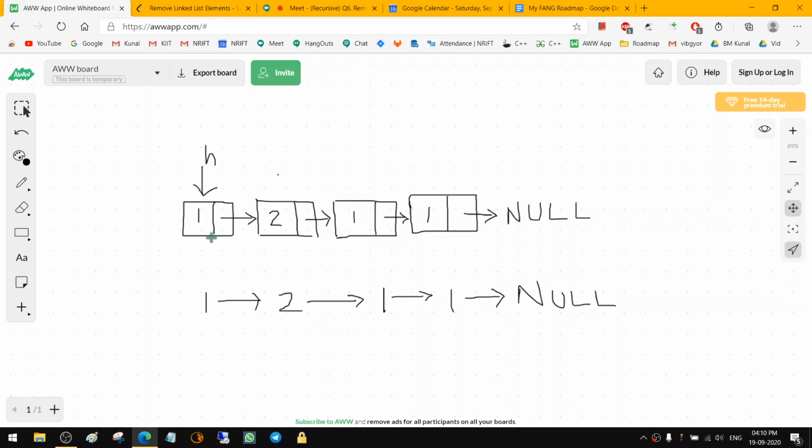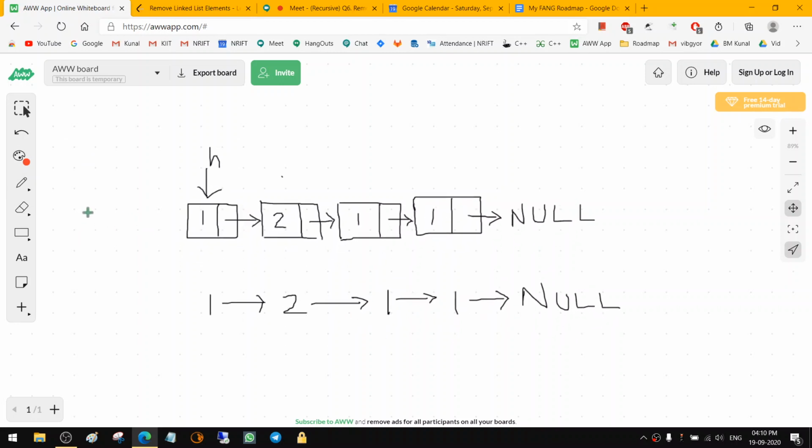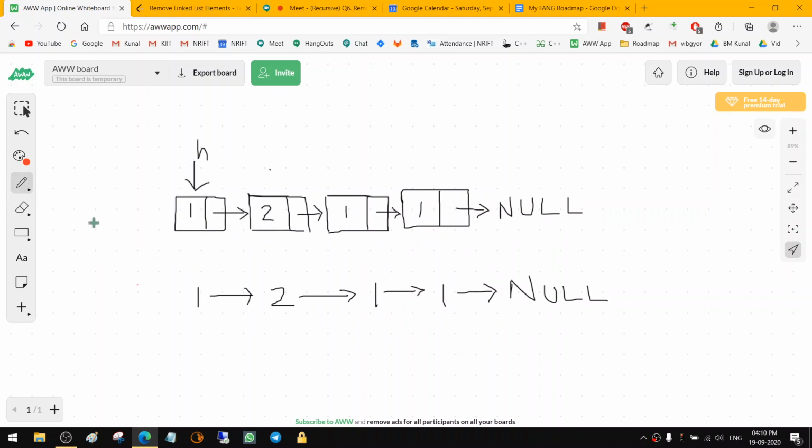So it is the linked list right here. If we take this as an example, if we go by the iterative way, what we want is we will create a dummy node so that we can handle the edge case. And let's say the value,